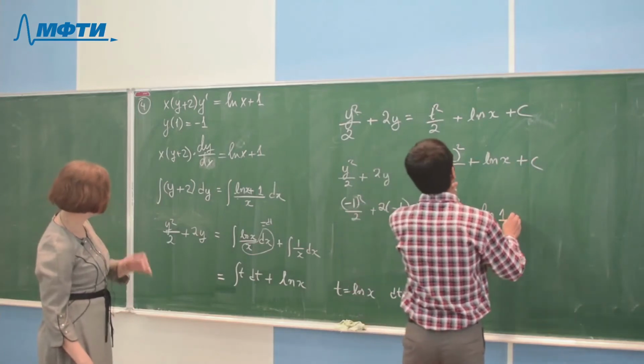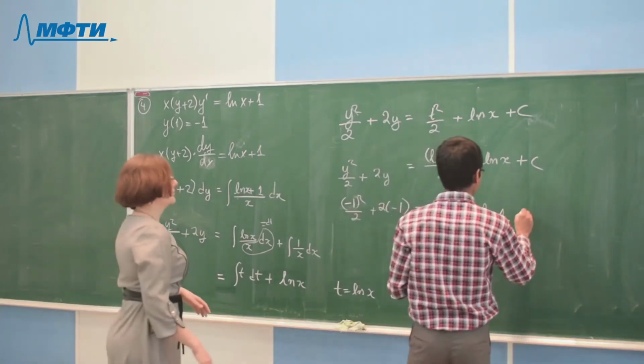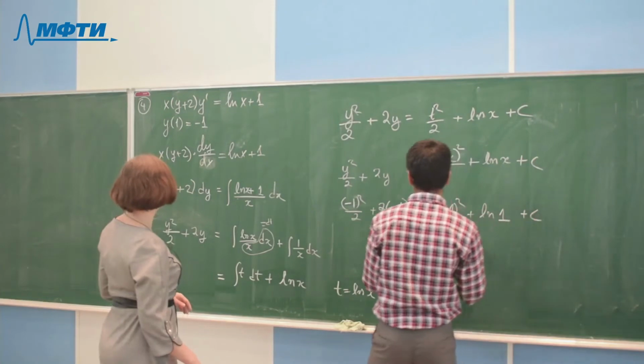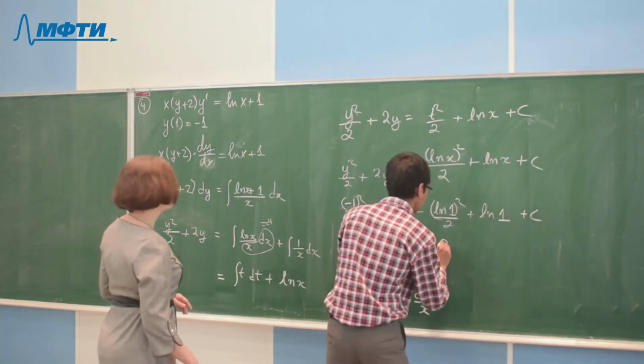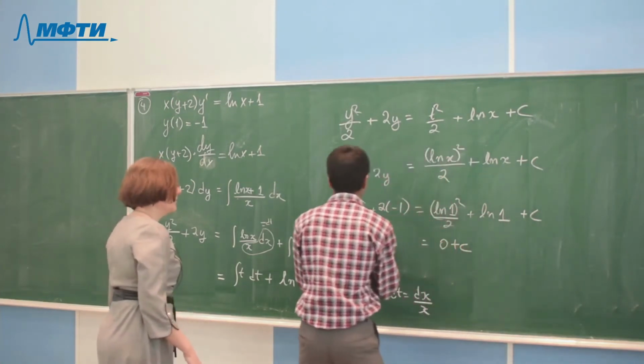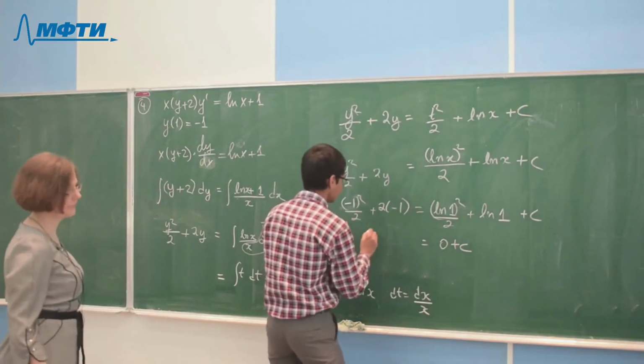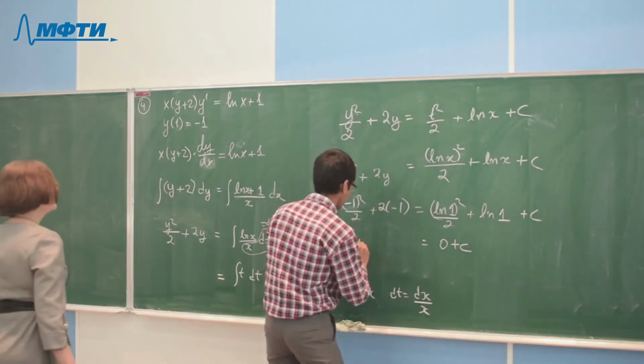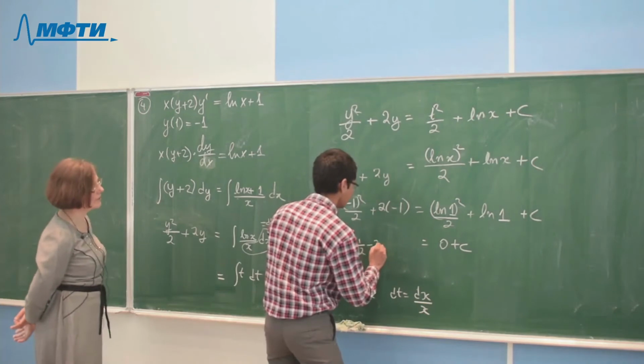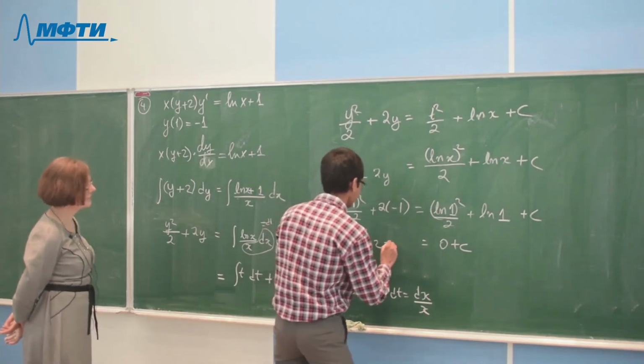Now what is ln of 1? 0. Right. So this is half minus 2, which is equal to